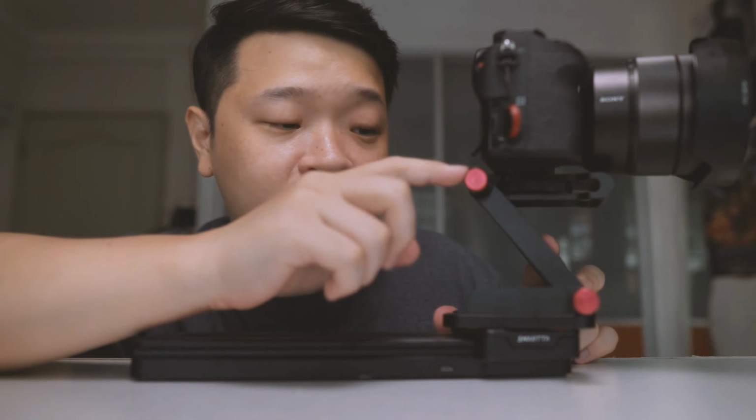I have no doubt this is actually just a copy of it, but this one comes in at only 40 USD, whereas the Elder Chrome comes in at about 140 USD, which is 3 times the price. It's hard to justify a price tag of 140 just for this accessory over here. So I decided to get this, because comparing with the Elder Chrome one, this Andoer one has these tightening